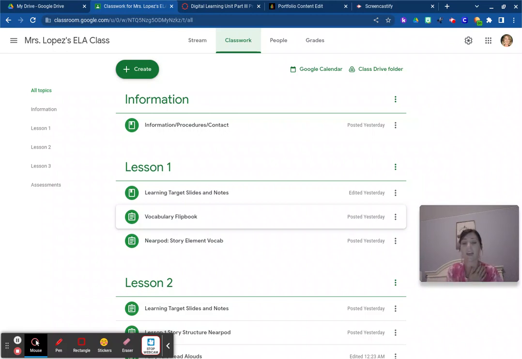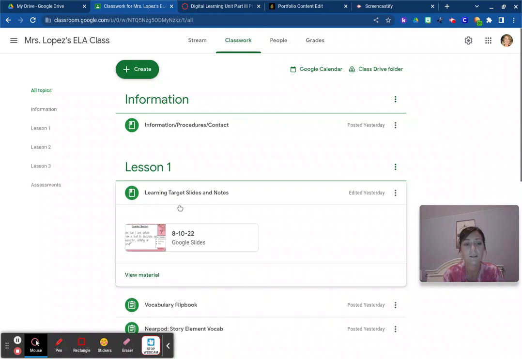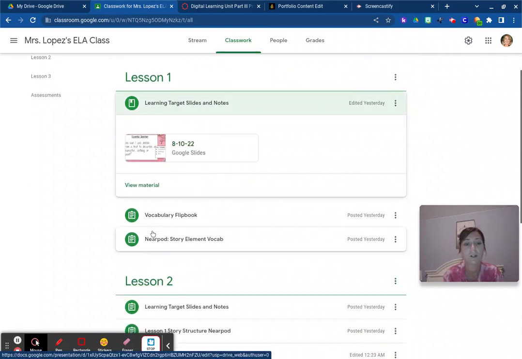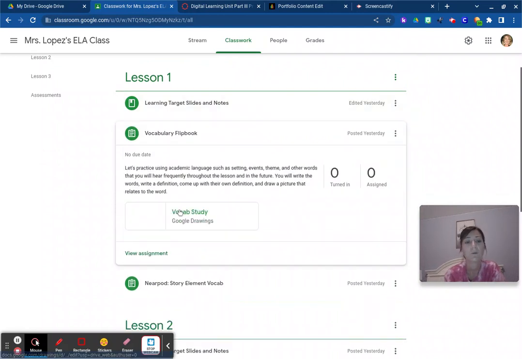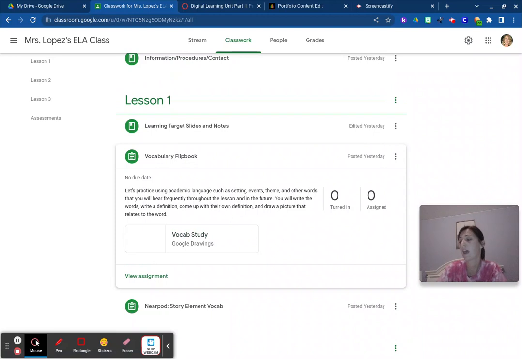All of my lessons activate prior knowledge because they build on top of one another. So the very first lesson is where they just learn vocabulary, and that is right here on lesson one. They'll go over the focus vocabulary, which is character, setting, and plot, problem and solution. And with this activity,